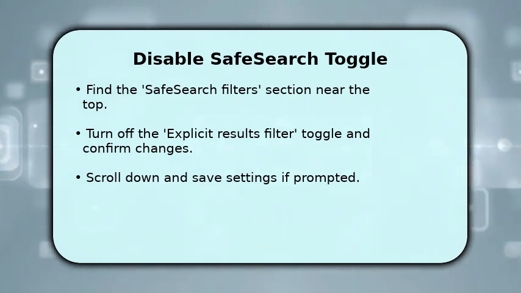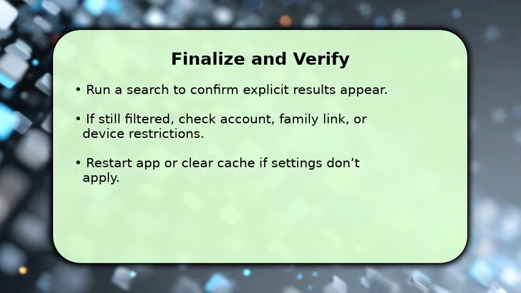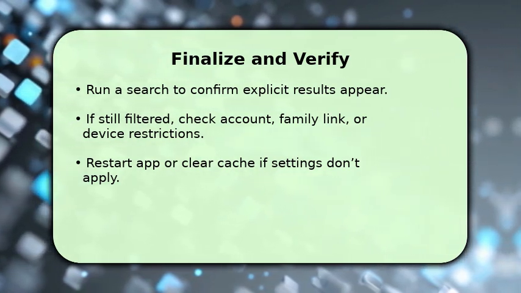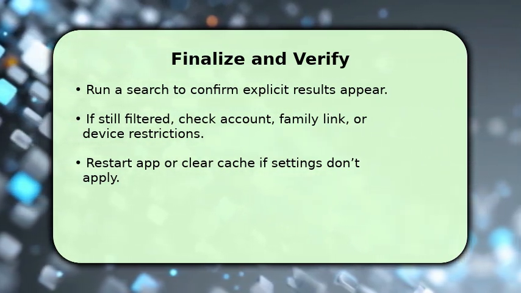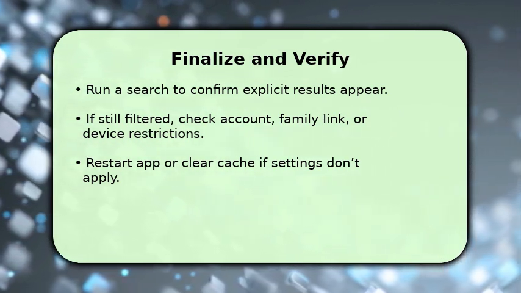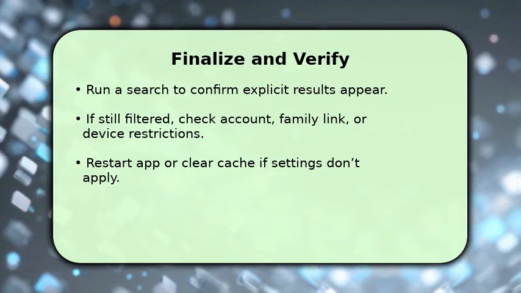Finish by testing. Run a search using suggestive keywords to confirm explicit results can appear. If results remain filtered, check for account-level controls like Family Link, supervised accounts, or organizational restrictions that override your setting, and address those first. If nothing else, sign out and back in, clear the app cache, or restart the phone